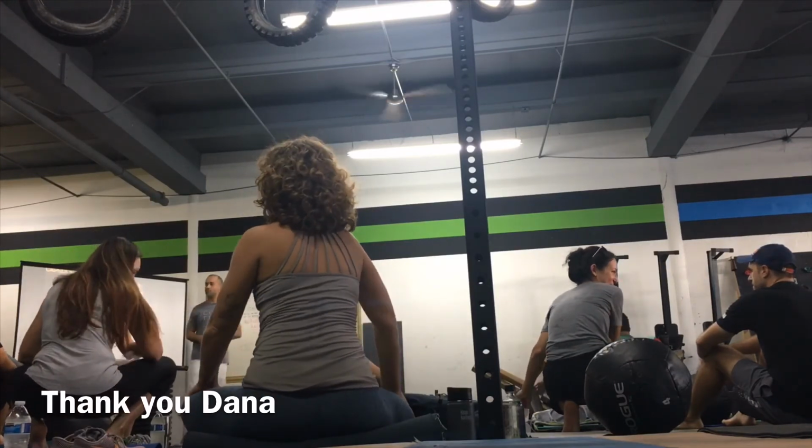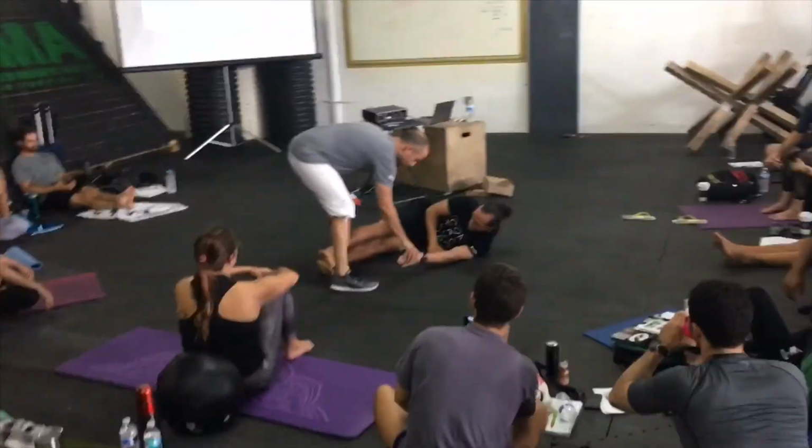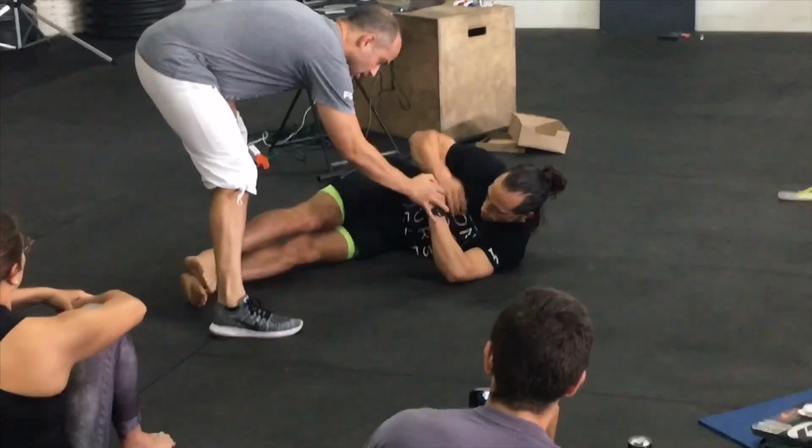Okay, so your morning routine is to do it yourself. You see how his legs and his arms are relatively parallel. Now when he bends his arm, he's going to go toward